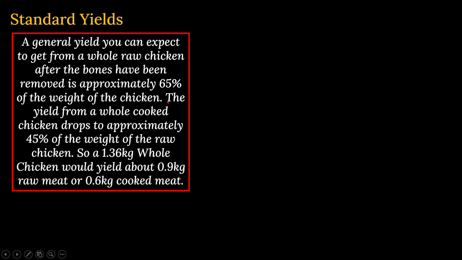The yield from a whole cooked chicken, now once that chicken is cooked, of course there will be reduction of weight. There is another yield, the cooking yield, and that will be around 45%. So once we get the whole chicken raw and remove the bones and other unwanted parts, it becomes 65% of the raw weight, and once it is cooked, it becomes 45%. One example is given here. If we are getting a 1.36 kg whole chicken, it will yield 0.9 kg raw meat and 0.6 kg cooked meat. Clear? The yield is clear? Okay. Now,